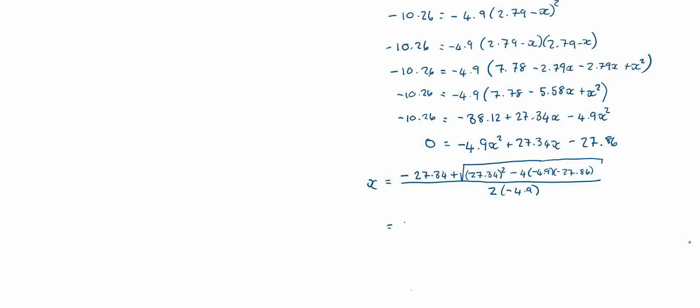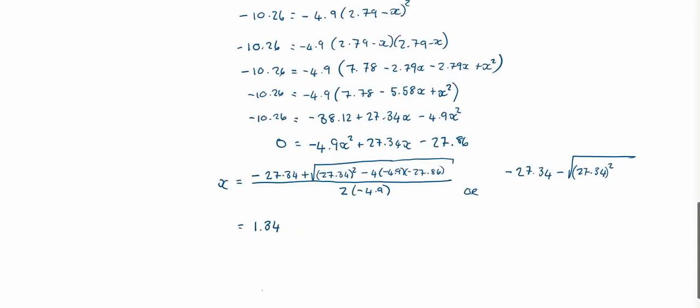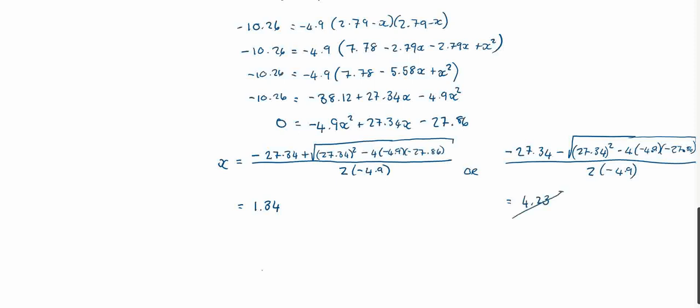We get an answer of x is equal to 1.34. If this was a minus, so negative 11.34 minus square root of 27.34 squared minus 4 times negative 4.9 times negative 27.86, all square rooted, all over 2 times negative 4.9. Here we get x equals 4.23. Know that this is not applicable because it takes